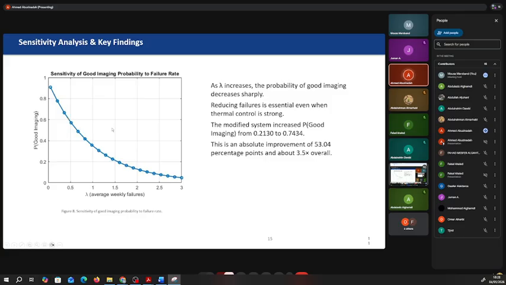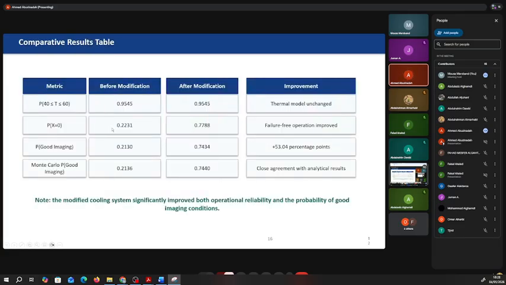And this was the last figure. Now the comparative results table. We can see here the summary, the practical temperature range and mathematical results, before modification and after modification. Thermal model unchanged, of course, because being in the temperature range, the image and the system will be stable. And the probability of having